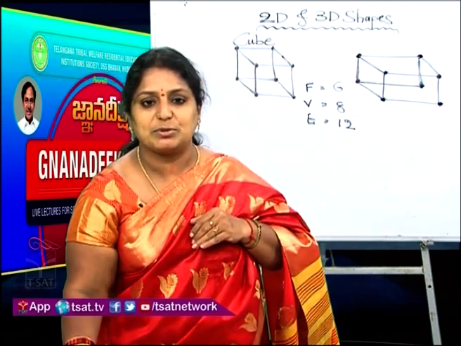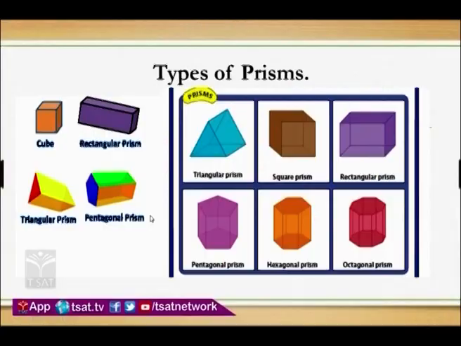Now we will move to types of prism. Types of prism, simple logic I will say for you. The name of the prism will be given depending upon the base which it contains, children. Suppose you take a cube, a cube is also a prism because it is called a square prism. What is the reason? It contains top and base, both in the shape of a square. If you take the cuboid, a cuboid is also considered a prism because it contains top and bottom the same base, congruent polygons, that is in the form of a rectangle. So the name is given as rectangular prism. Now come to the next one.